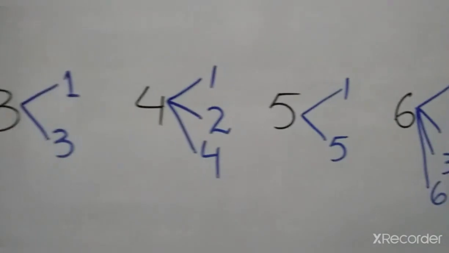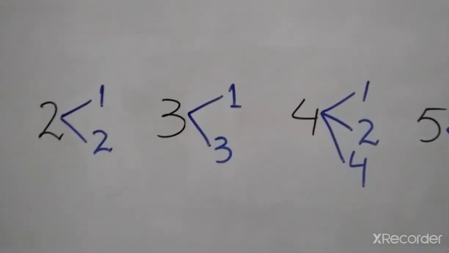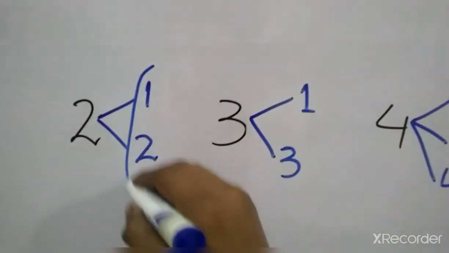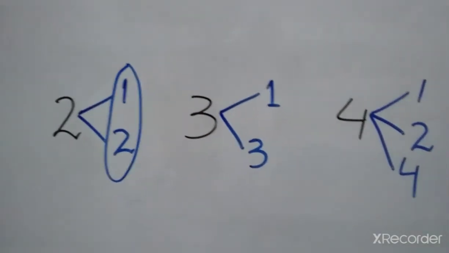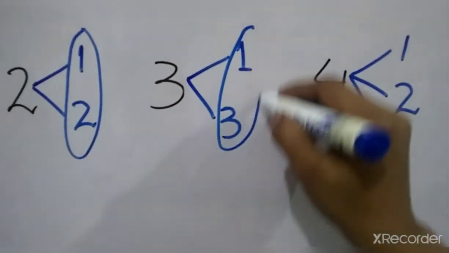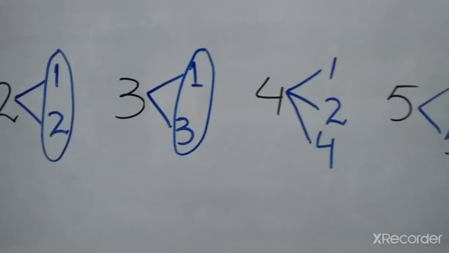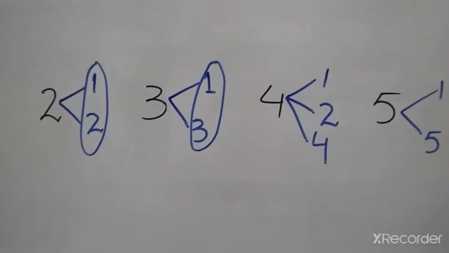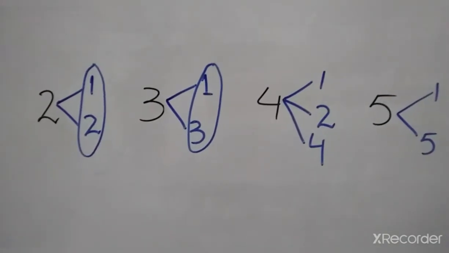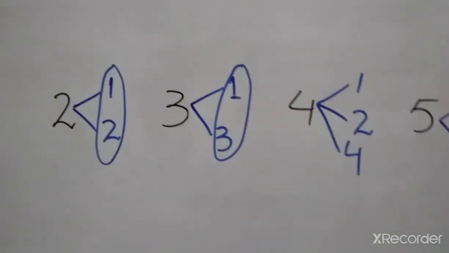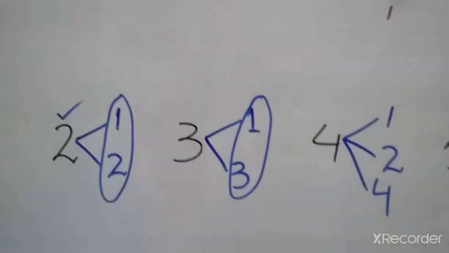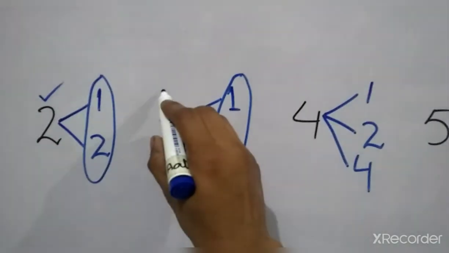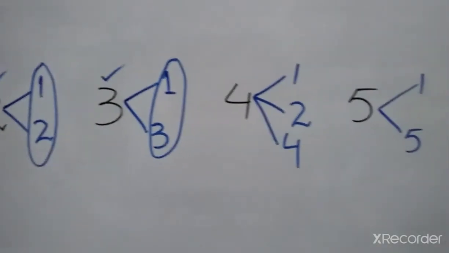एक्चुअली ये जो हमने फाइंड आउट किए ये है क्या? ये सब फैक्टर्स हैं. 2 के फैक्टर्स क्या हुए? 1 and 2. 3 के फैक्टर्स हुए 1 and 3. What was our definition? Our definition was prime numbers are the numbers which have only two factors. It means 2 is a prime number. 3 has two factors. It means 3 is also a prime number.